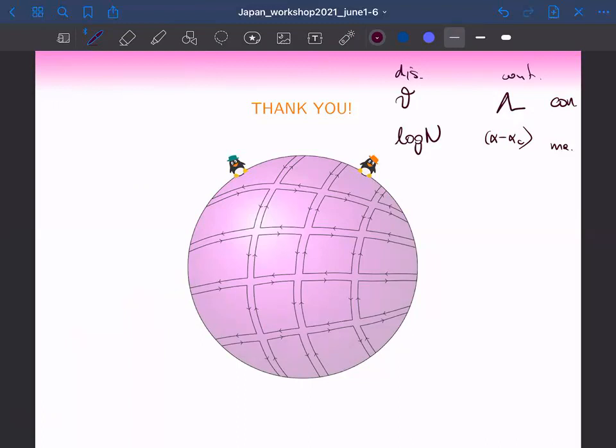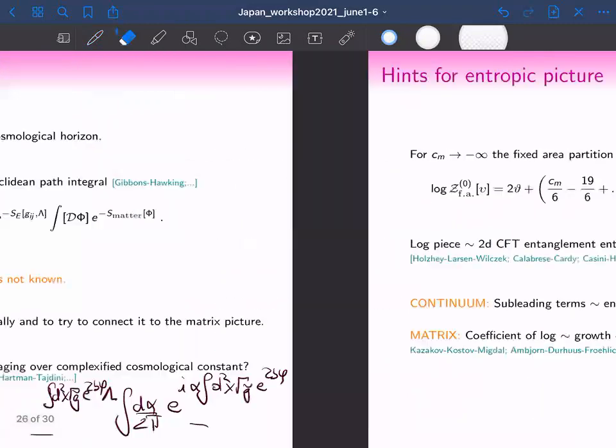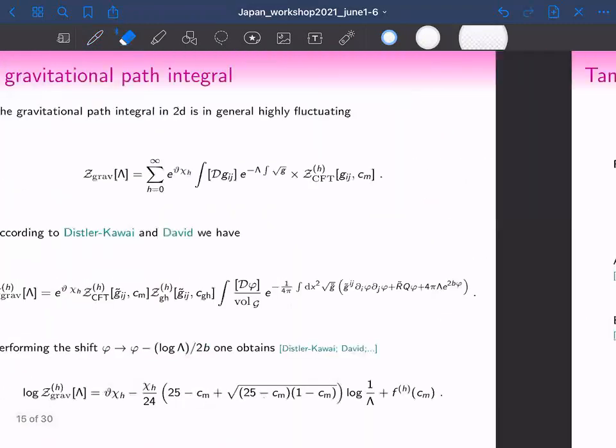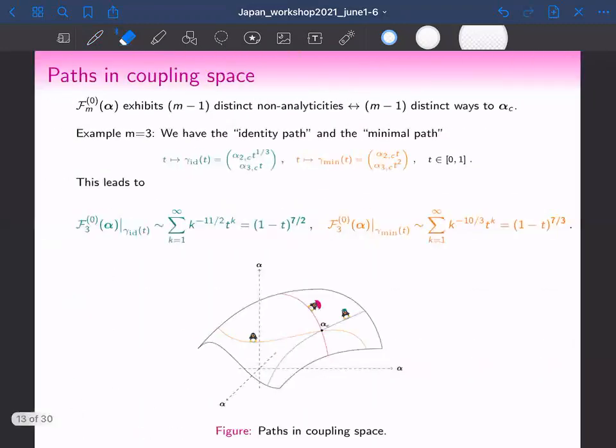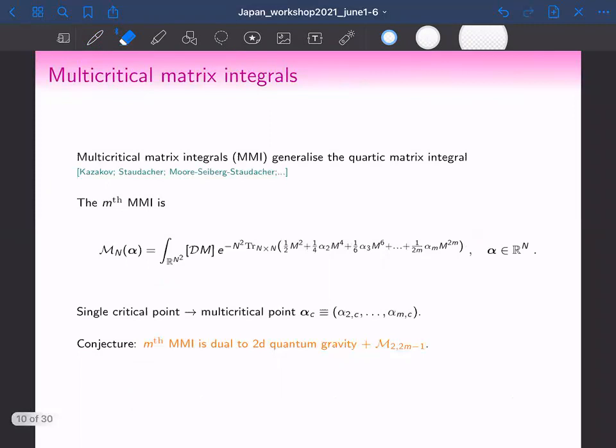In the action in the early part of your slide, you had the coefficients alpha 2, alpha 3, alpha 4. So the alpha critical has to be a function of those parameters, and the alpha critical is supposed to be related to the lambda, right? Exactly. For example, for the quartic matrix integral, alpha 2 critical was -1/12. This is the M23 model, and the free energy close to alpha 2 critical